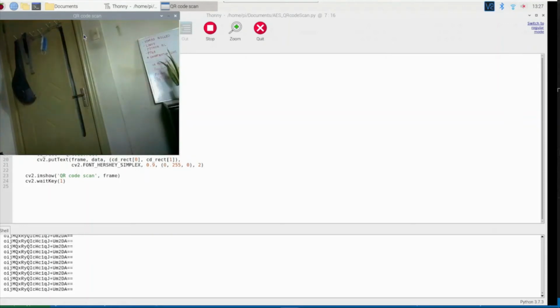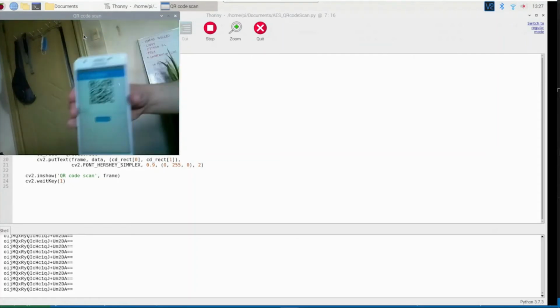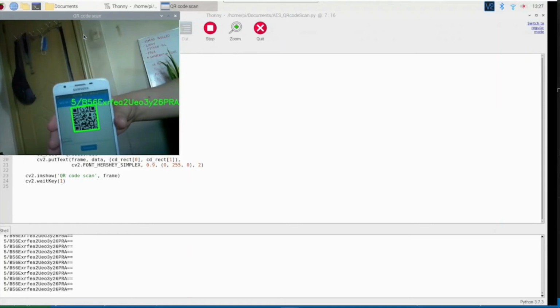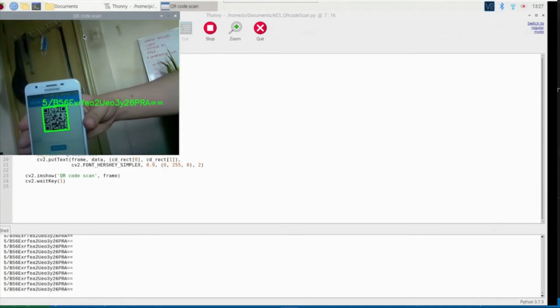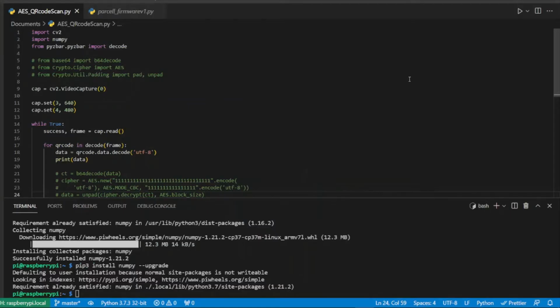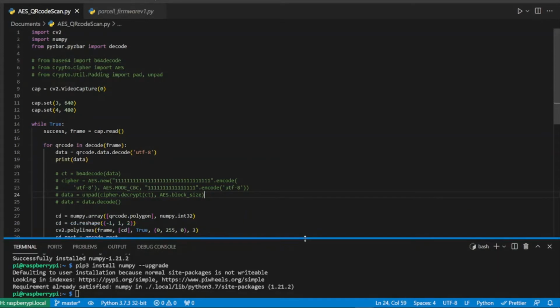So let me try different data, like alphanumeric, because that's what we want to put in our data. So here, again, it's just different data. So let's do the decryption. Now we are back at Visual Studio Code. Let's begin on doing